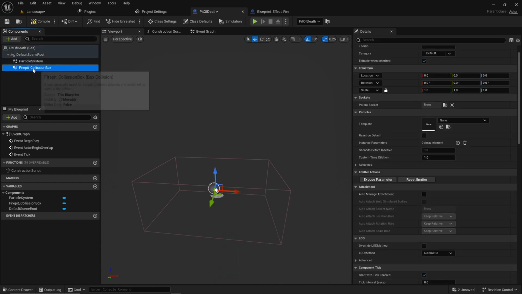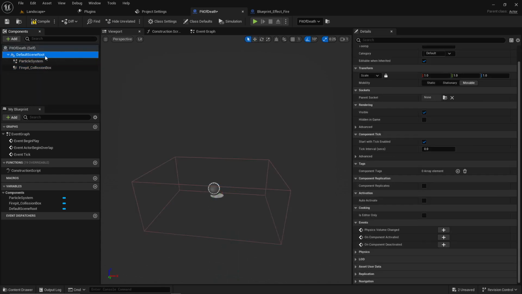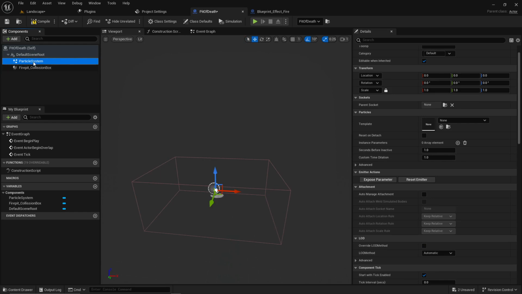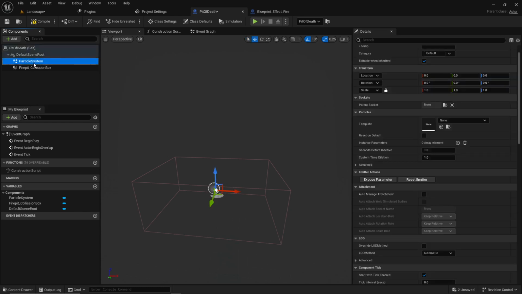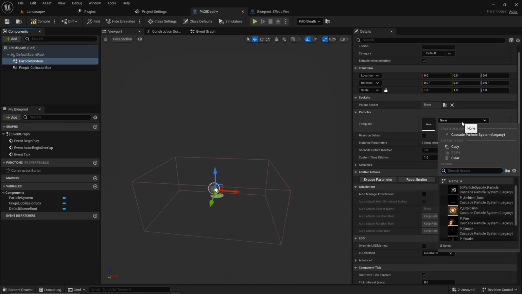Hierarchy, not particularly important for this. They're under the root, so they will both move with the blueprint root component. So I don't have to parent the particle system to the collision box. That's fine. But that is important sometimes with structuring with blueprints, and we'll see it more later on in the character blueprint. So with this particle system clicked, on the right hand side in the details under template, we'll hover over none,